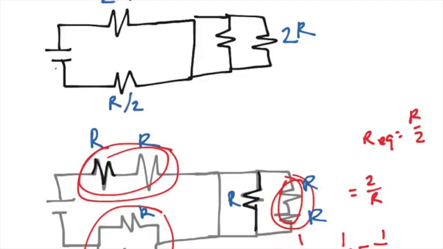I'm going to erase this now so I have a little bit more space. And now I'm going to erase the entire bottom circuit since I've redrawn it above. Oh, the only thing I forgot to do is write in the value R for this